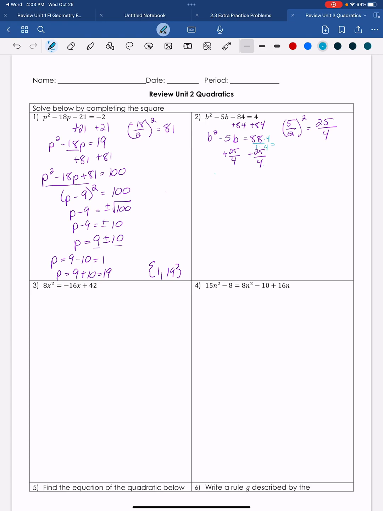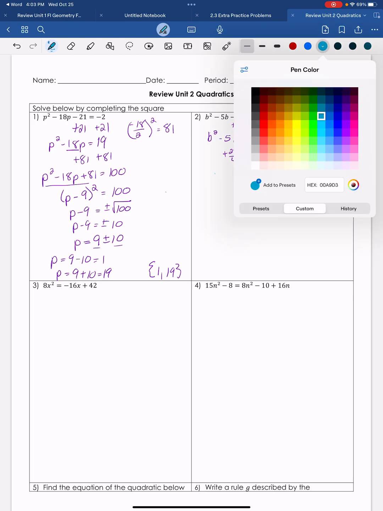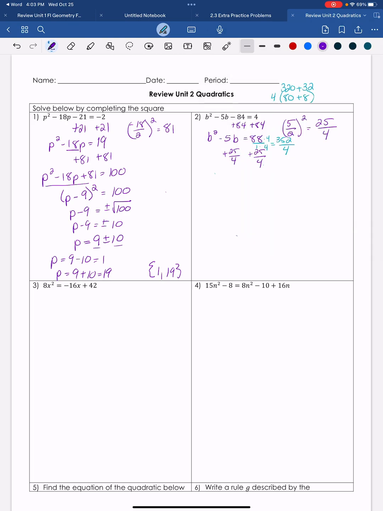88 times 4, well, that's going to be 4 times 80 plus 8. 4 times 80 is 320, and 4 times 8 is 32. So that's going to be 352 over 4. So this ends up being b squared minus 5b plus 25 over 4 is equal to 377 over 4. I know that this is factorable to b minus, and then 25 over 4, I take the square root of that,